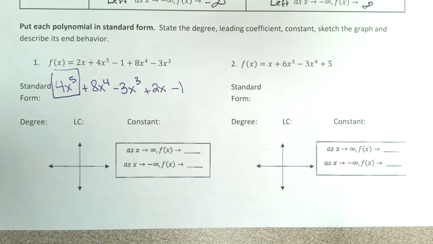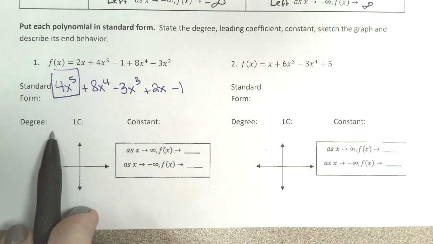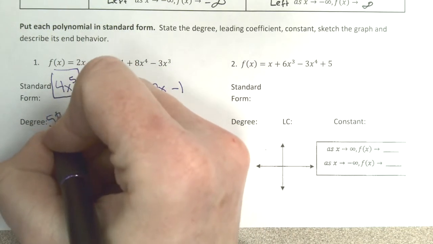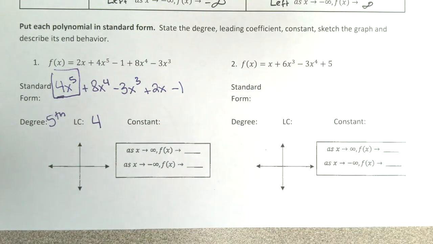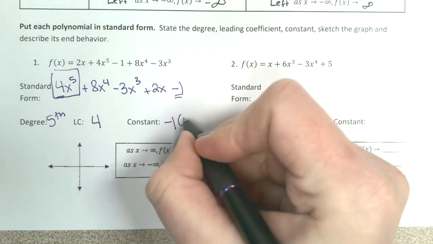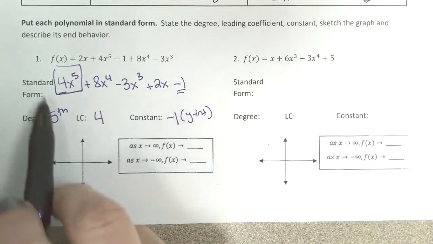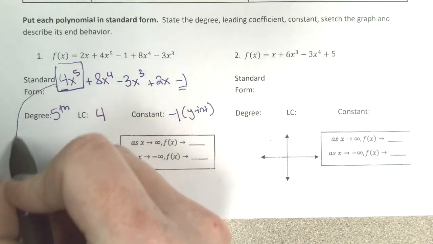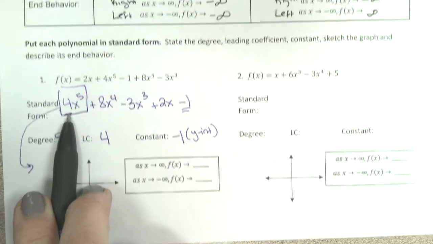The leading coefficient and the biggest exponent basically tell you most things you need to know. The degree is a fifth degree polynomial. Your leading coefficient is the 4, and your constant is -1. Remember that that is your y-intercept. This first term right here tells you everything you need to know. That determines your shape. So if I come up here,